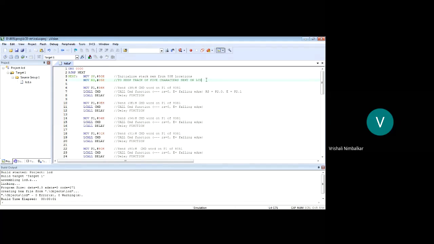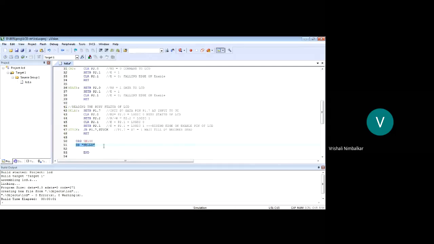Data transfer for internal memory is MOV. External RAM data transfer is MOVX. And program memory data transfer is MOVC, whether the program memory is internal or external. So we are going to copy the characters from program memory. It means I need to use the instruction MOVC.